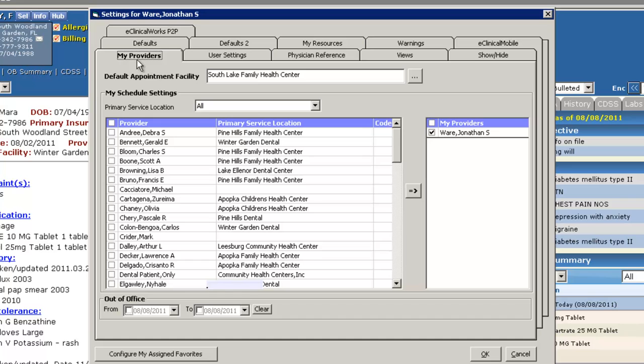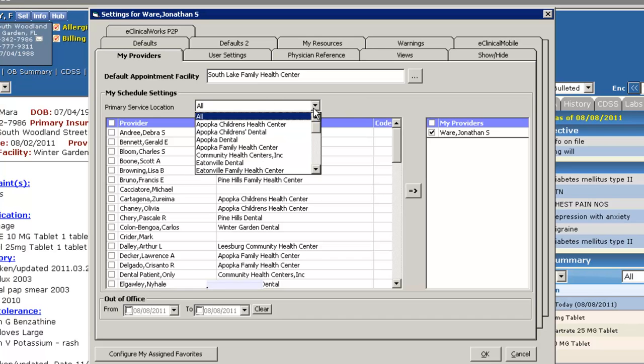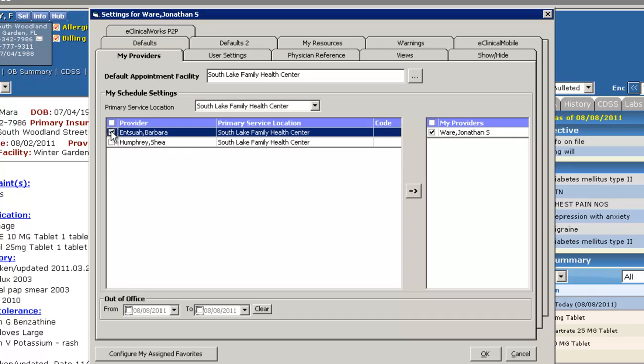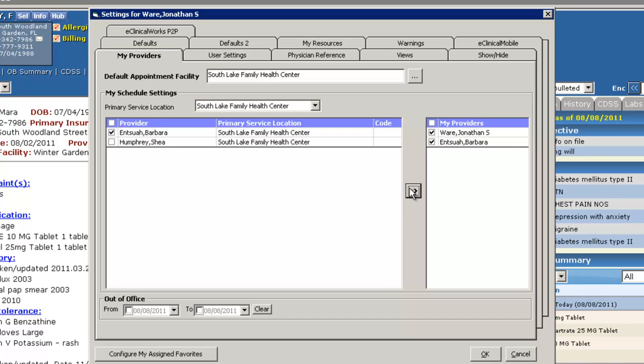For the first tab, My Providers, your facility should automatically be populated. If it is not, you may select it by clicking on the ellipsis and choosing your facility. If you are interested in placing another provider's name in the left chart panel so that you may more easily access their schedule, you may do so by selecting your facility first,